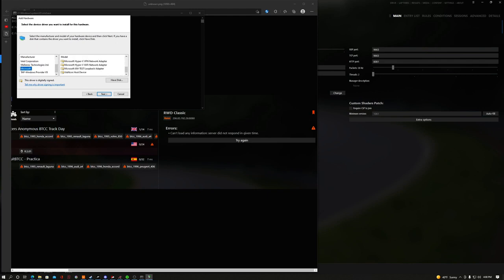And then you're going to scroll down to where you see Microsoft, and then you select Microsoft KM-TEST Loopback Adapter. You're going to select next,